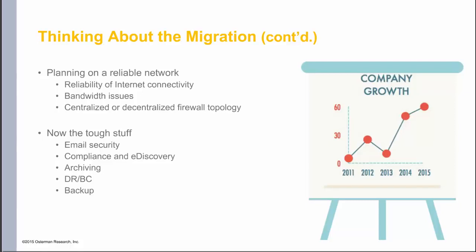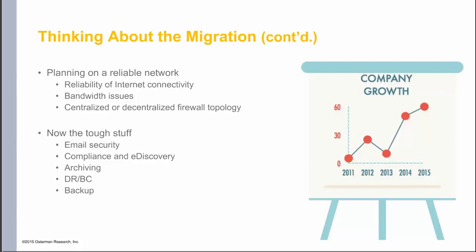Compliance and e-discovery. Microsoft has done a pretty good job at building good compliance and e-discovery capabilities into Office 365, but again, they're not going to be all things to all companies, and so you're going to need to focus on tools that are going to best match your requirements. Archiving is another critical issue. Not everything within Office 365 is archived, and it becomes even more of a problem when you have non-Microsoft technologies that are generating content that you have to archive. So again, we highly recommend the consideration of third-party tools that can help you with a more holistic archiving capability.